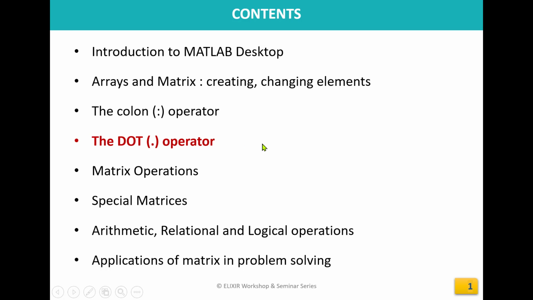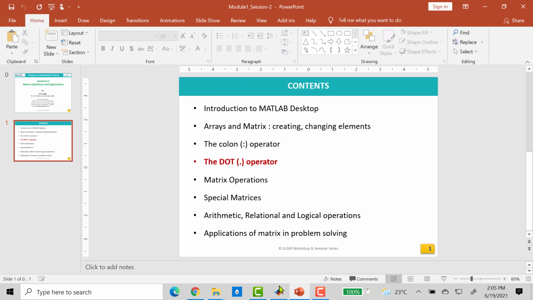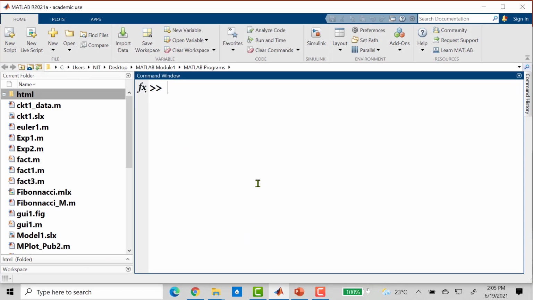Okay, so we have just discussed the colon operator. Now we'll talk about the dot operator. So let me just show a small demo on this. Once you create a matrix or an array like this, x is something like this, and you have another array, y is like this. These are the two arrays of